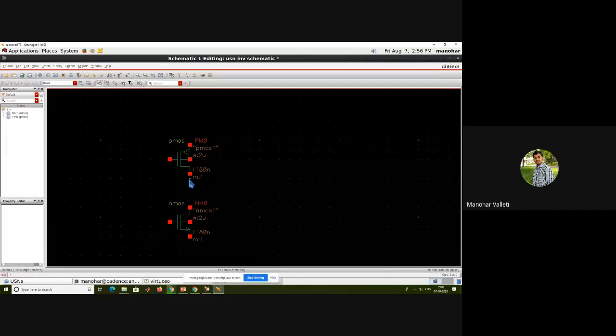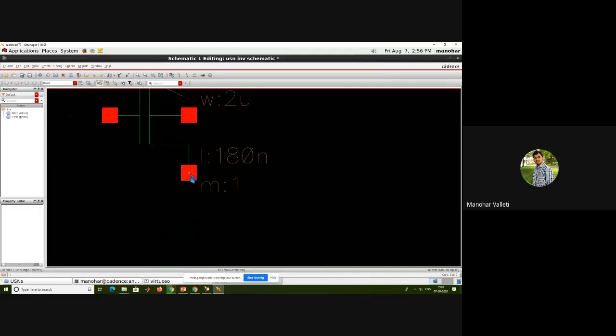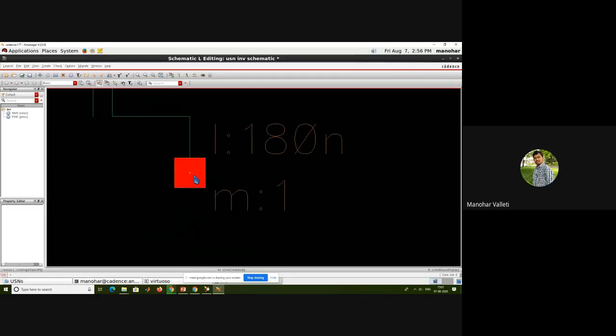So this I need to connect properly, right? I'm connecting the inverter circuit. Please just have a look. I need now to connect from here to here. I need wire. I press W on the keyboard. So wire I got. You just observe the cursor. Nothing is there with the cursor. I'm just pressing W. You just see how the cursor is changing. If I press escape, it will go away.